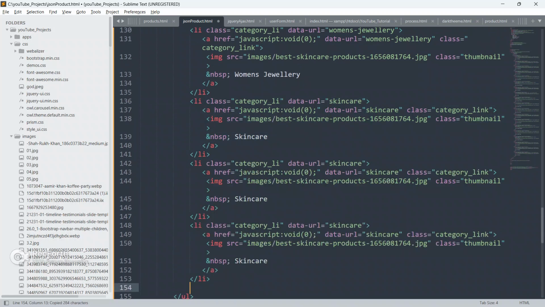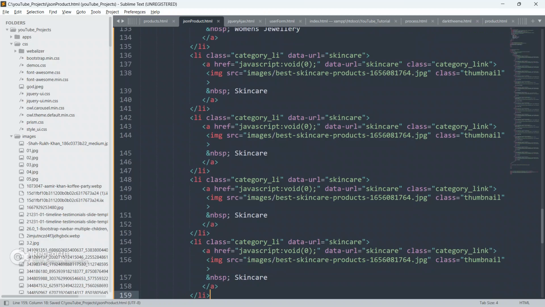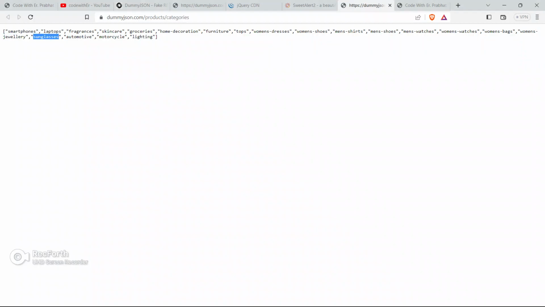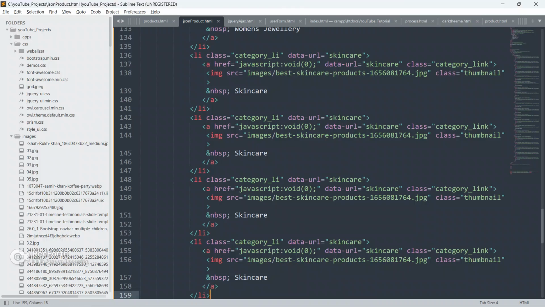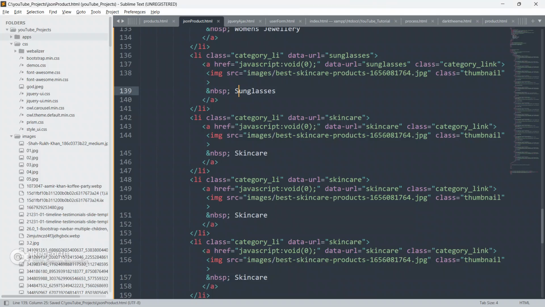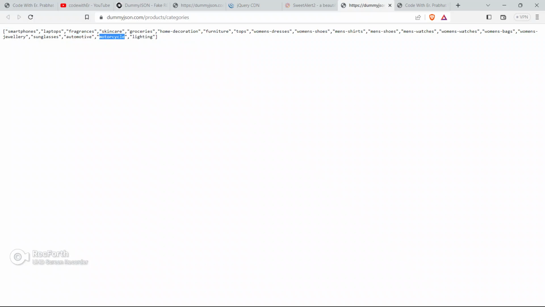Copy this li 3 more times. Now sunglasses. Paste it here, here also, and here also. Sunglasses, automotive, paste it here also, paste it here also, and paste it here also.